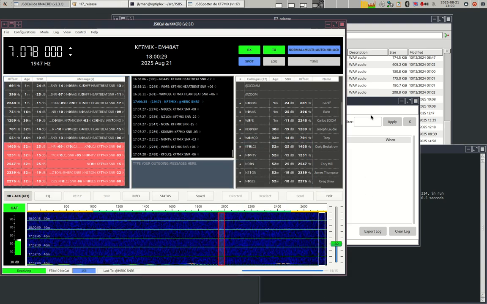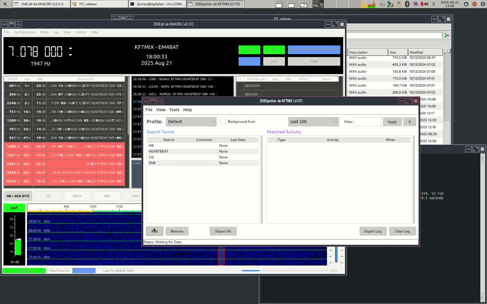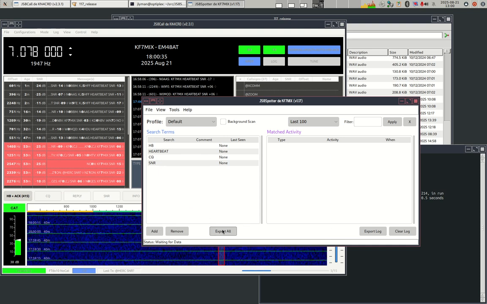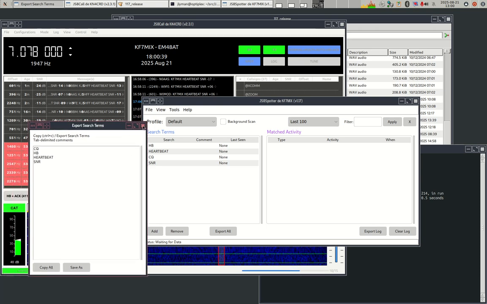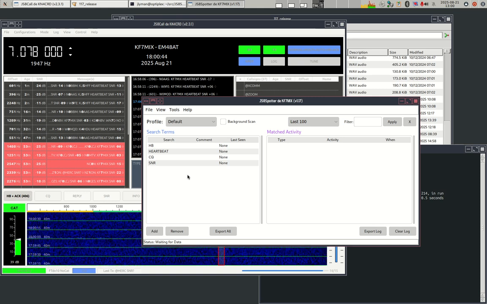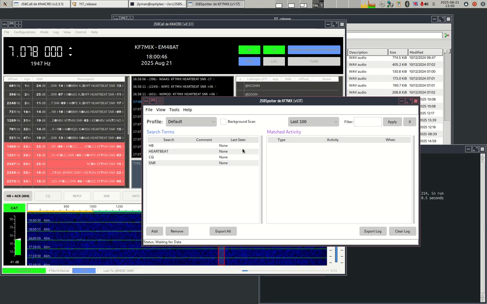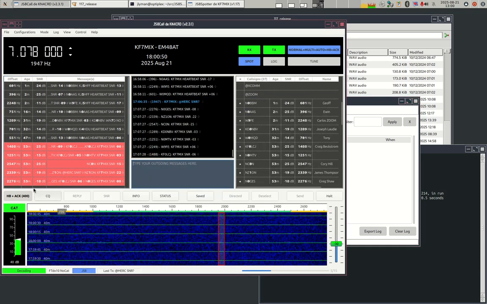So I'm going to hit add batch. And by the way, if you want to add one or a batch, or if you want to import something that someone else has exported, I'll just show you the export right now. If someone exports their search terms, then this is how you do it, with the add button. All right, so I just added those 4 at once, and you can see now they show up in my search terms. Now over here in JS8 Call, we're just going to go ahead and send out a heartbeat request,